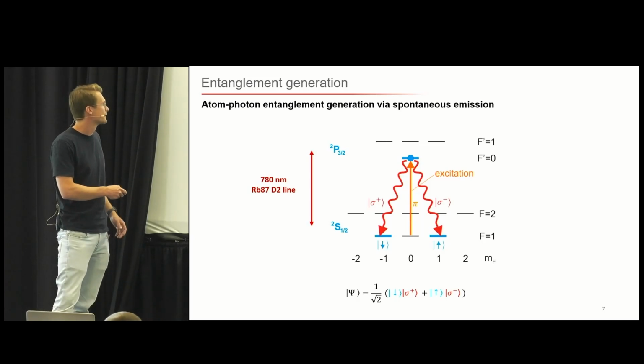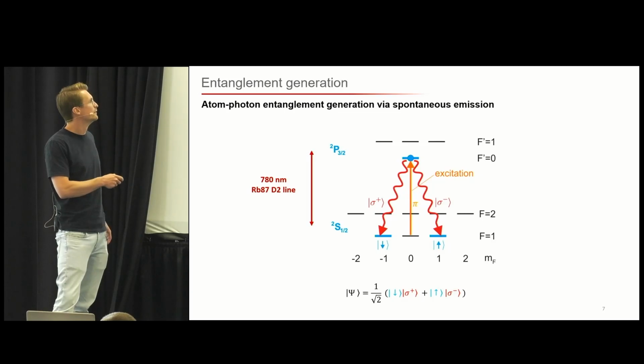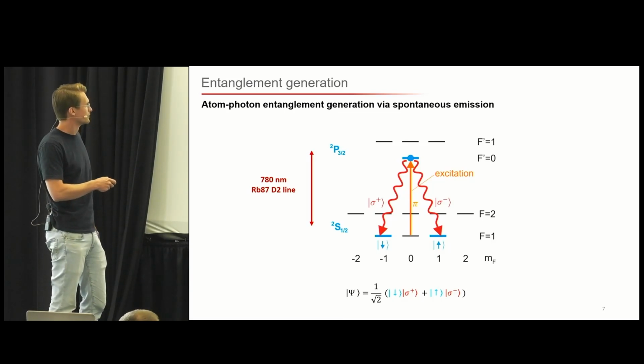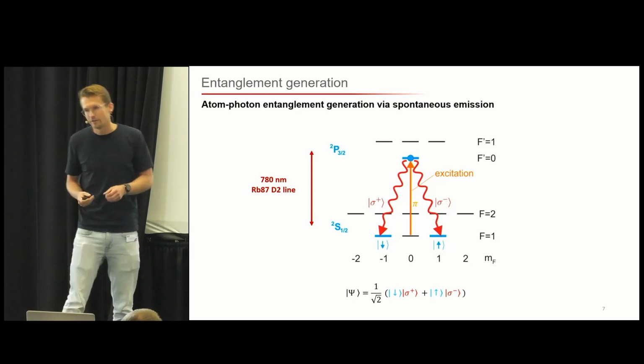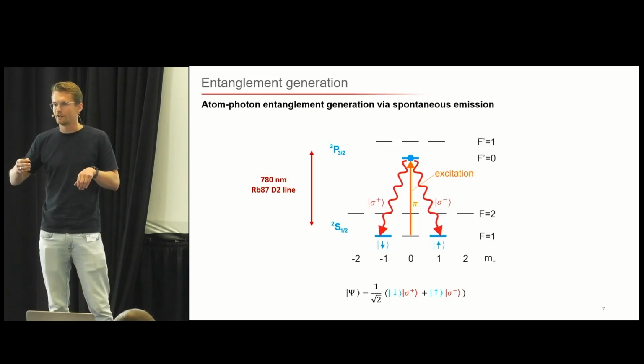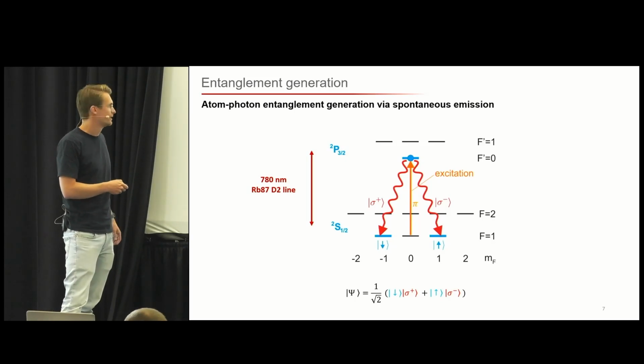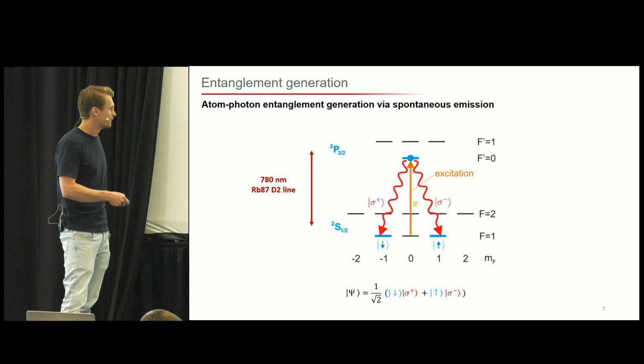The next step is to generate atom-photon entanglement. For this, we first prepare our atom in the mF=0, F=1 state. We shoot in an excitation pulse, and then there are 3 decay channels of the atom. However, by the orientation of our collection setup, we do not collect photons of pi emission, and therefore we generate the following entangled atom-photon state.